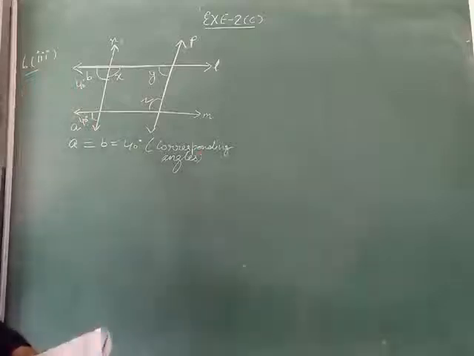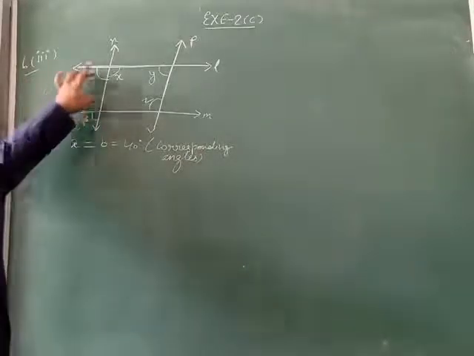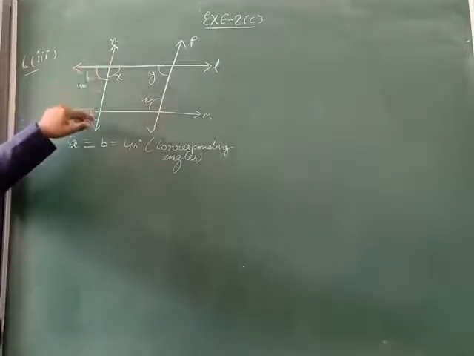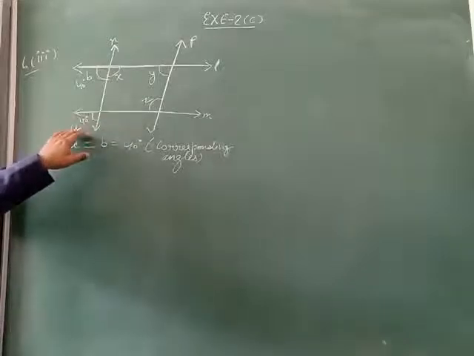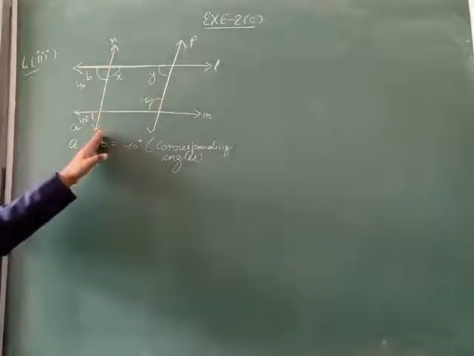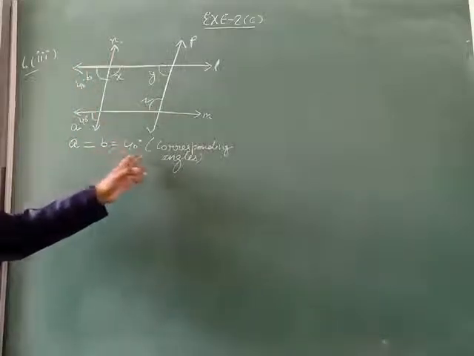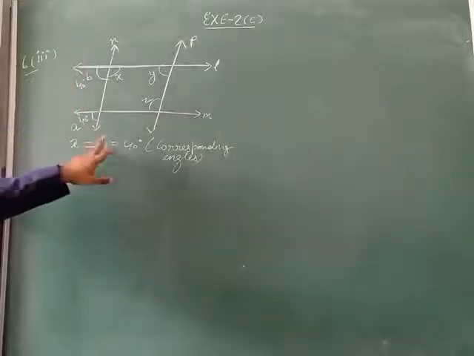So corresponding angles, why are we calling them corresponding? Because both the angles are on the downside of these parallel lines, on the same side, below the parallel lines. This angle is also below the parallel line, and this is a transversal, so they are both on the left side of the transversal. So such angles are known as corresponding angles. So here the B value we got, B is 40 degree.